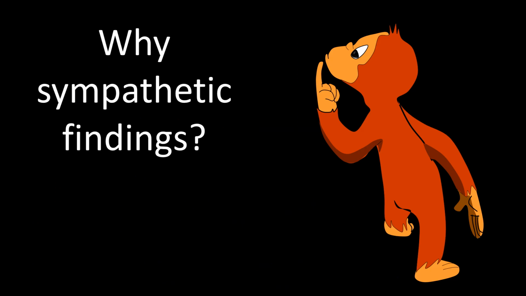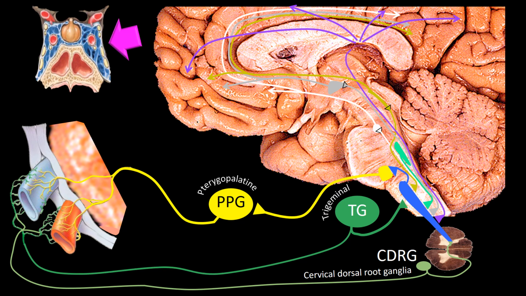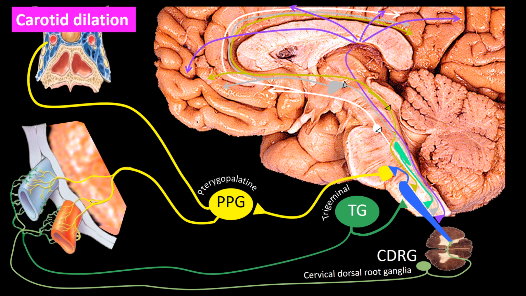Next, we must ask ourselves why sympathetic findings. To explain sympathetic findings, I have gone back to the tracing of the trigeminocervical complex and trigeminal autonomic reflex, but this time added a slanted view of the cavernous sinus. I have now pointed to the intracavernous sinus portion of the carotid artery. This artery is innervated by fibers from the pterygopalatine plexus, just as the meningeal arteries, and therefore excessive stimulation produces